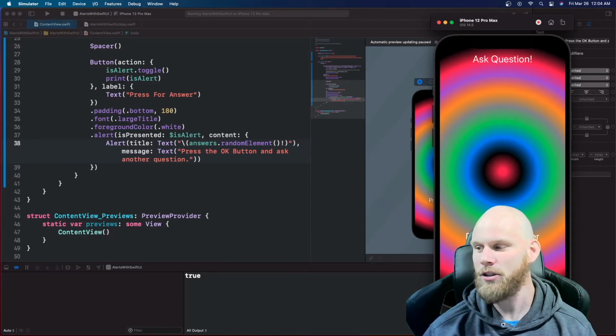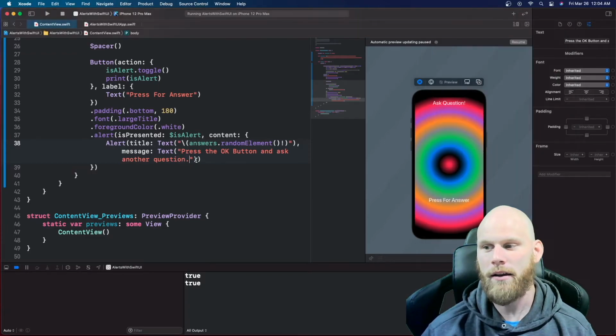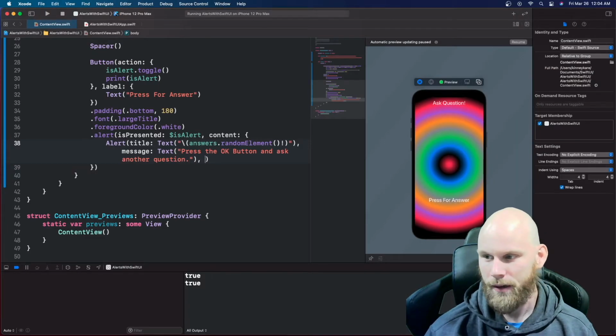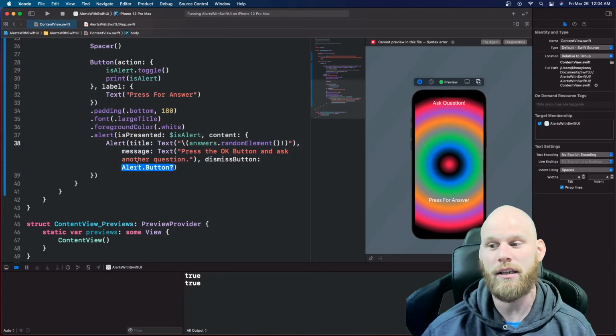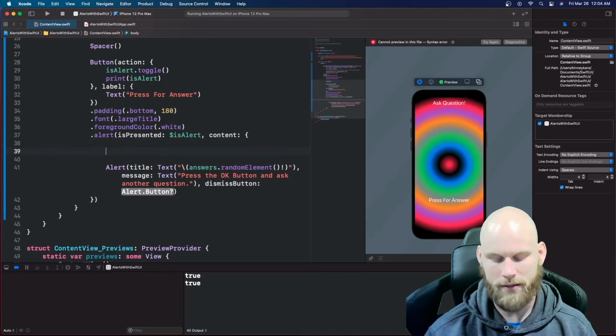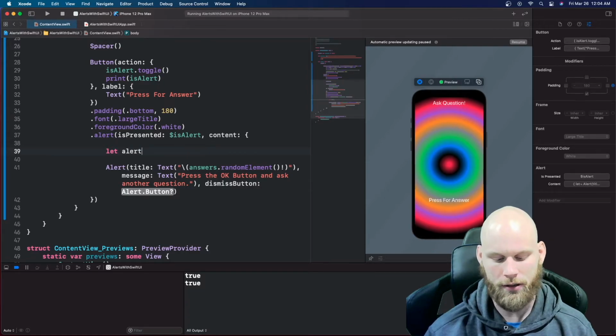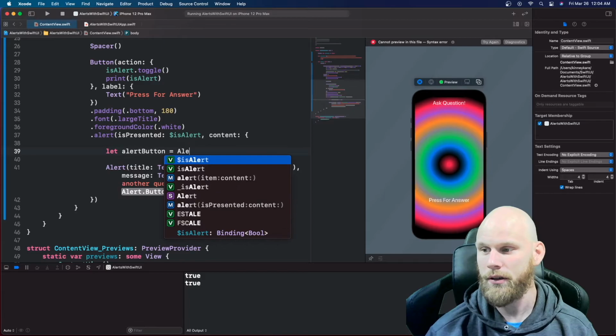The last thing I want to show you is this OK button here. We can change that as well. And the way you do that is right here, you can add your comma and then add dismiss button, and then you can pass in it, but you're seeing it's needing an alert dot button. And the best way to do this is right here. You can set a variable or a constant called let, and we're going to call it alert button. Makes sense. We're going to set this to alert